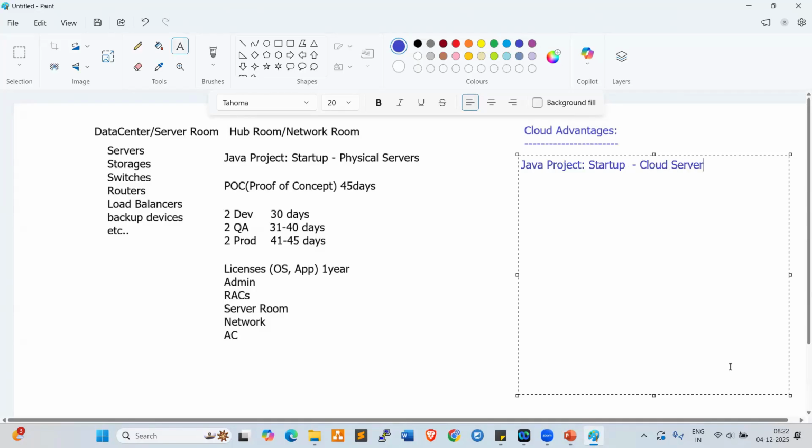Same POC, proof of concept. Here the client gave a 45-day timeline.